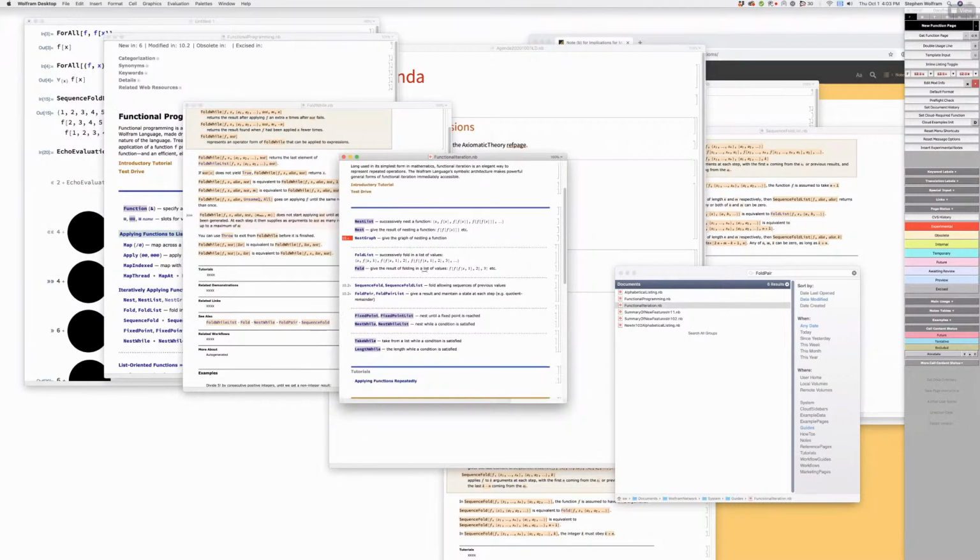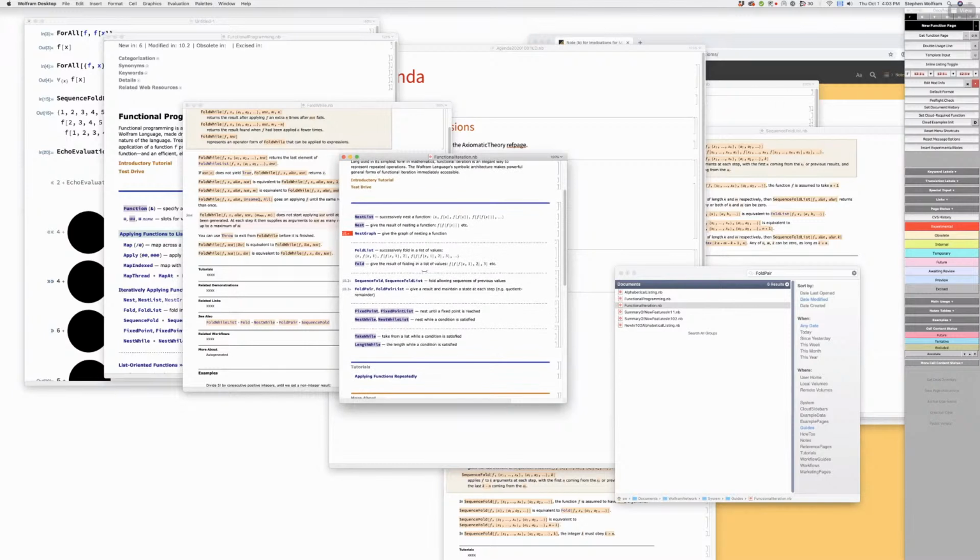Okay, functional iteration. It would go under, presumably under here, right? I think so. And okay, what's the right way to describe this?